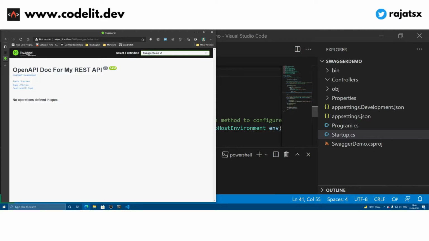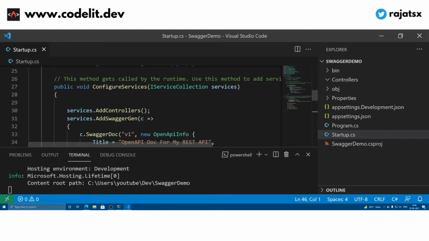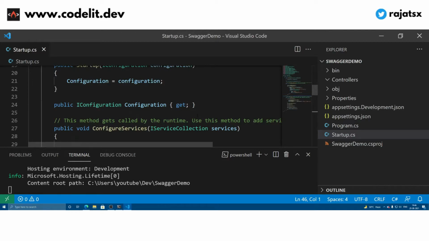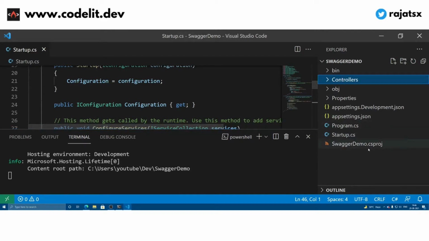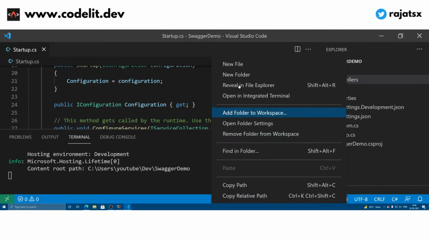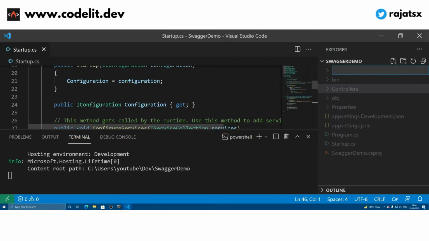Okay, so this is about the configuration part. Now let's get to the actual stuff, that is documenting a real API. In order to create documentation for an API, we need to have an API in place, right? So let's create an API first of all. Right click over here and create a new folder called Models.